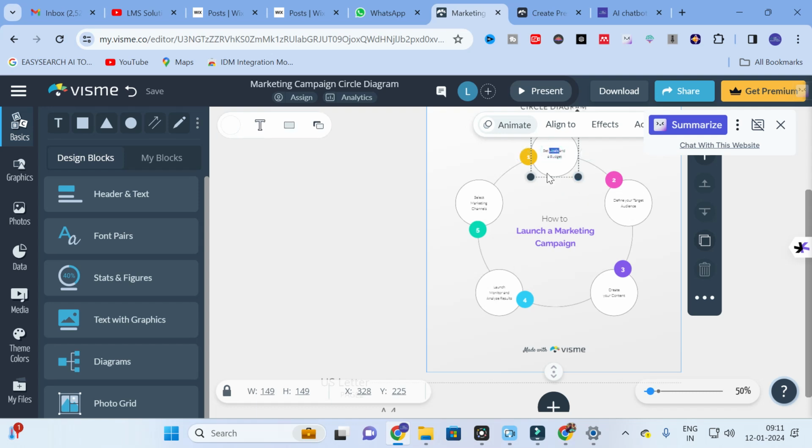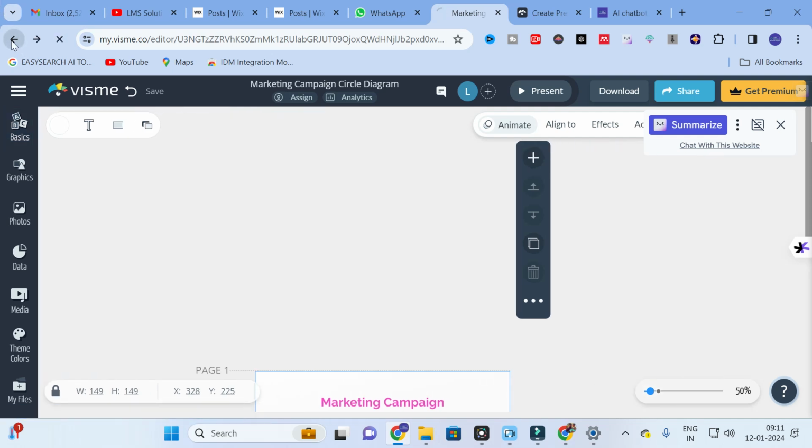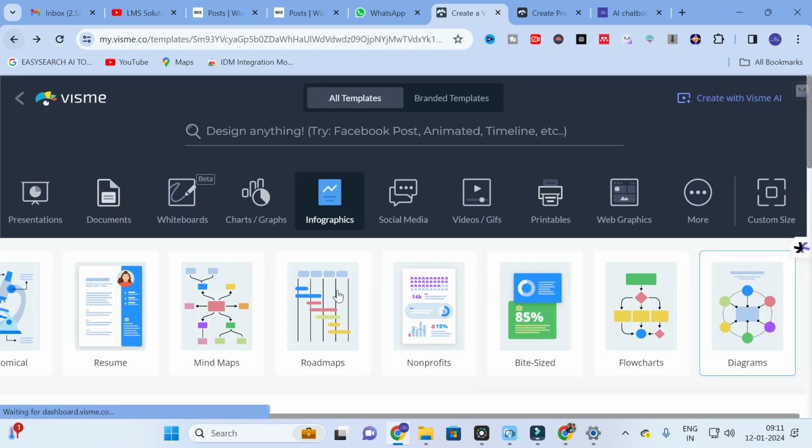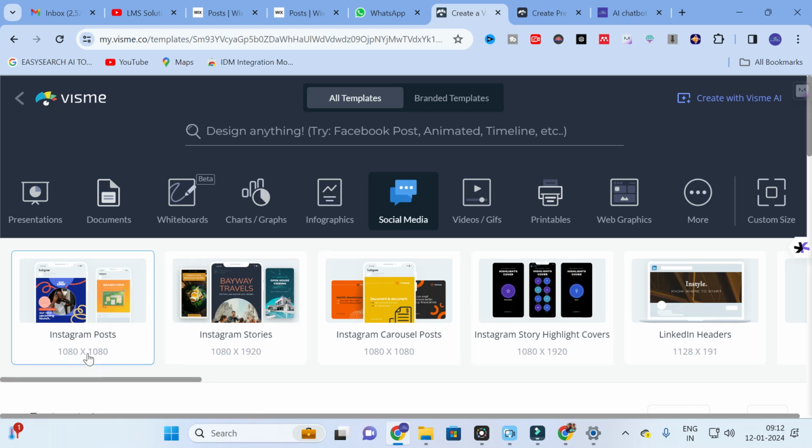So you can easily edit as in a Word file. So you can make use of this option to make your research paper content very attractive and innovative. So this will bring reviewers' attention towards your paper, and the probability of selection of your paper will be very easy. Next, as far as social media is concerned, you can create an Instagram post, Instagram stories,